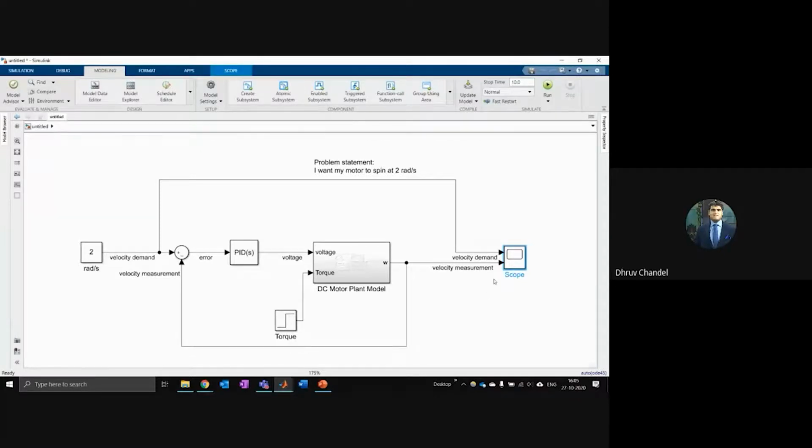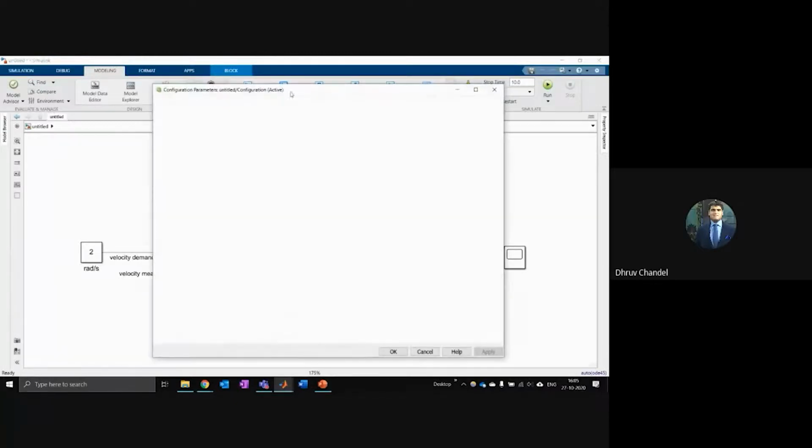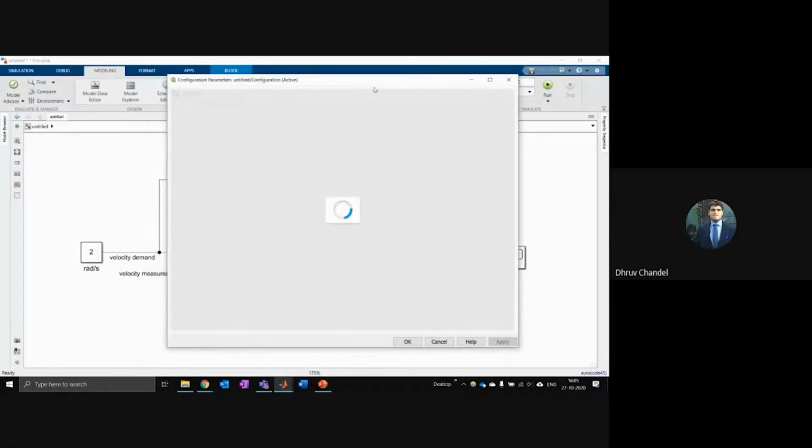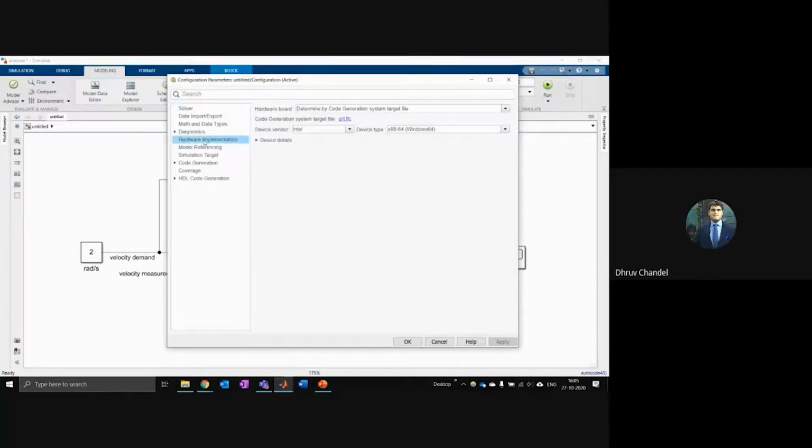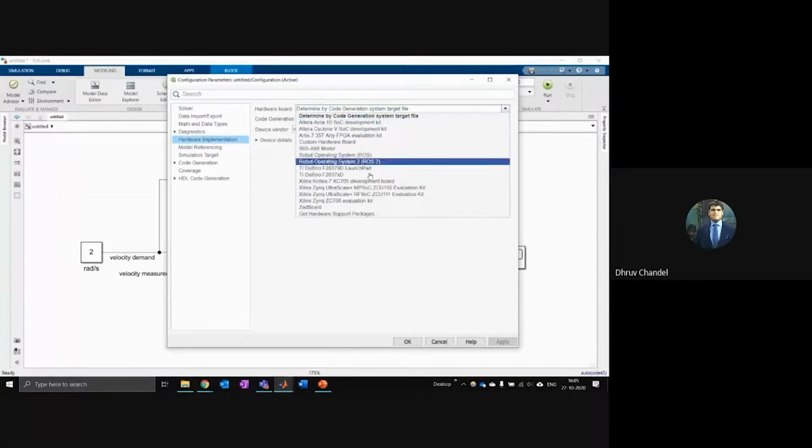The reason I wanted to take you through all this is once you've designed your PID controller, you can deploy this directly into hardware as well. So if I go into model settings, there is something called hardware implementation here. There's a tab, and you can directly select any board that you like. Suppose that I was working with a controller and I wanted to go on a particular robot.